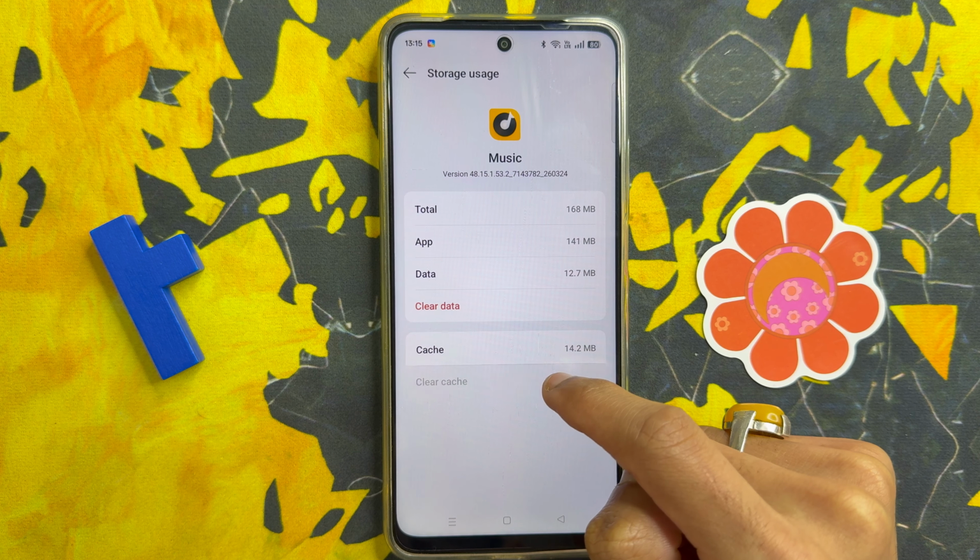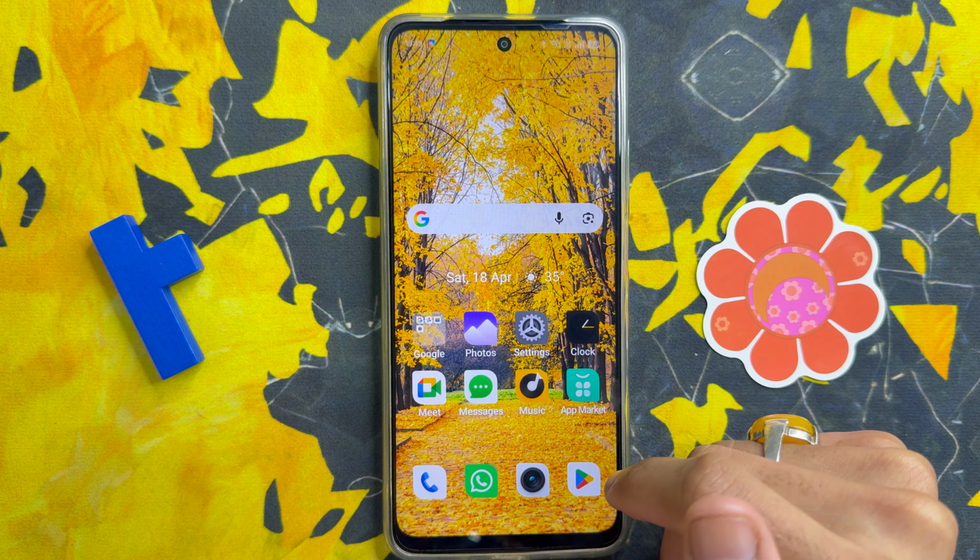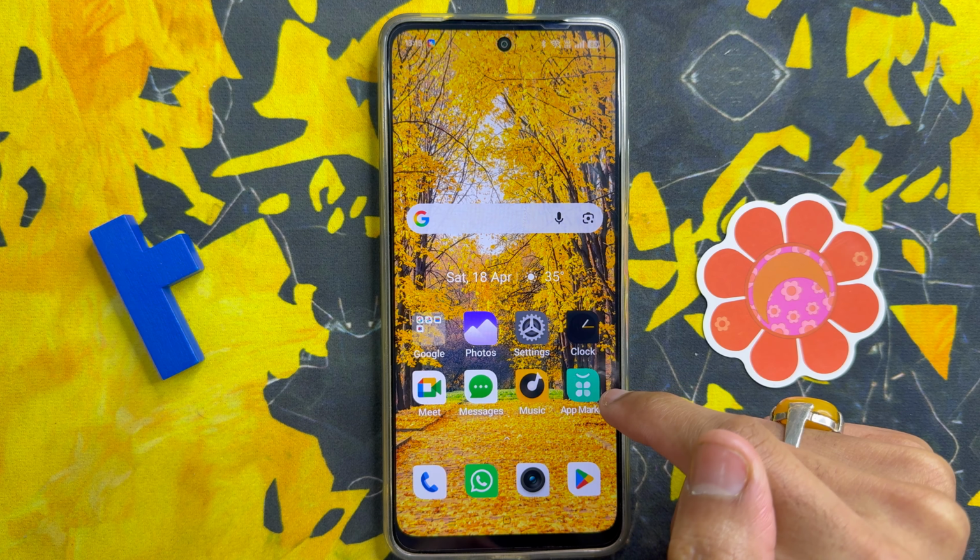If you want to fix this problem, click on clear cache. After clearing the cache of the music app, go back to the home screen. You will check whether your problem is solved. But if it is still not solved,